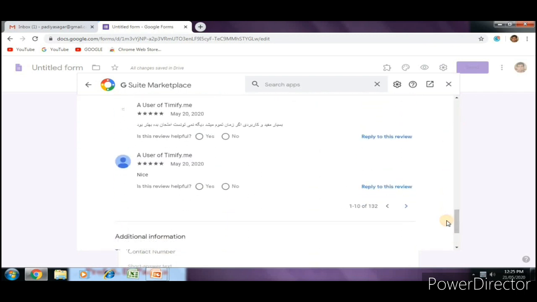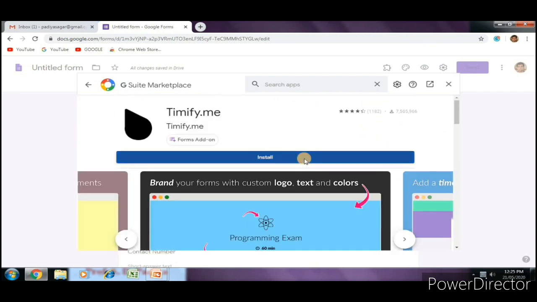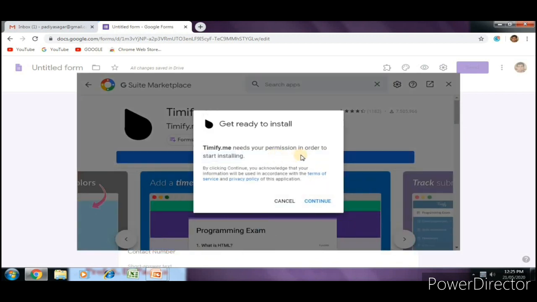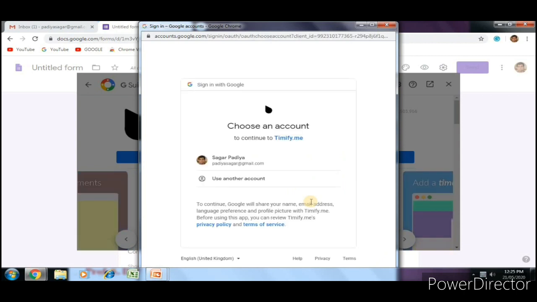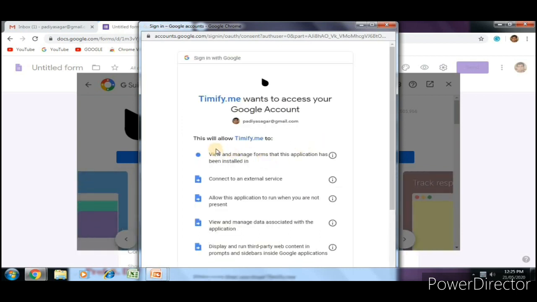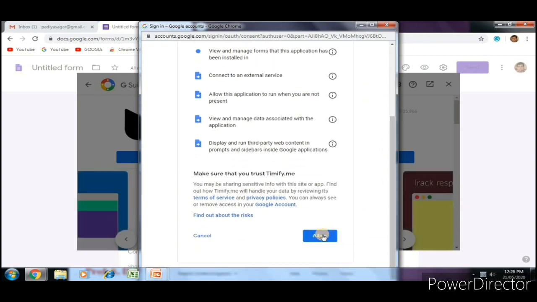It shows all the reviews given by previous users. Get ready to install. Continue. It requires some permissions: permission to access your Gmail and Google Drive. Timify.me wants to access your Google account.